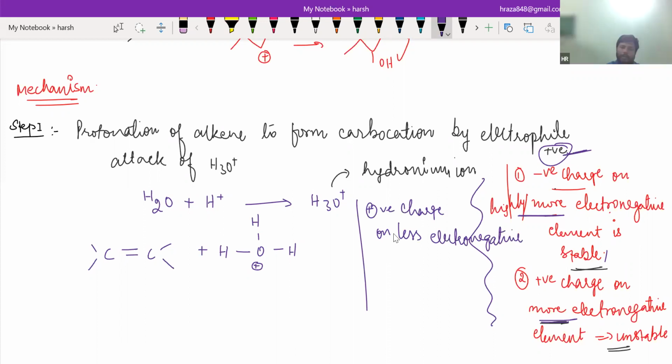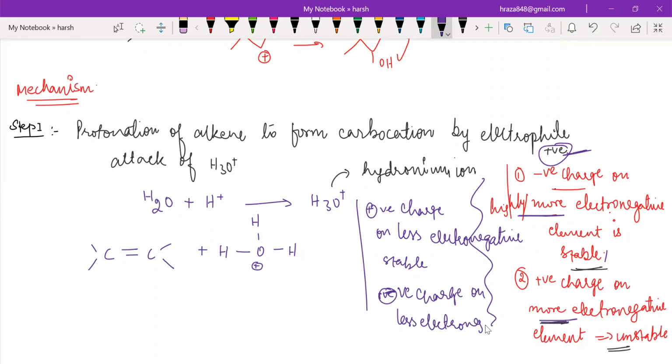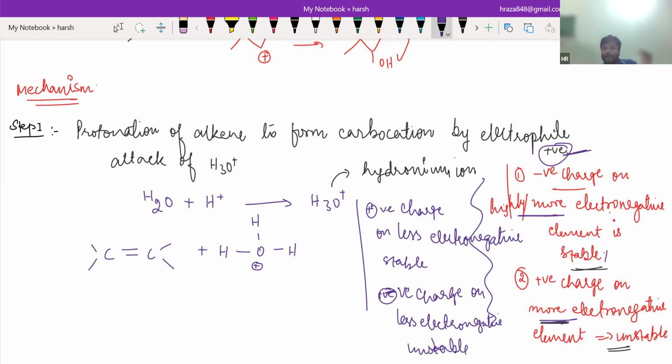No. Positive charge on less electronegative, stable. Positive charge, negative charge on less electronegative, Unstable. unstable. See, Yes, in sir. Hindi, what we call it, जो जितना ज्यादा नेगेटिव